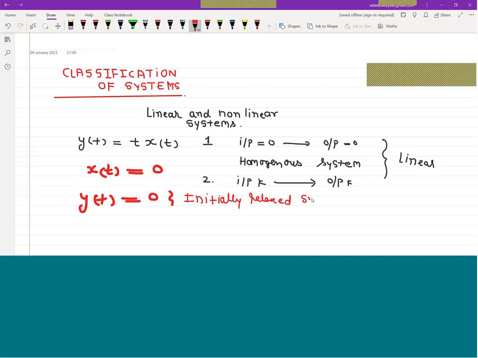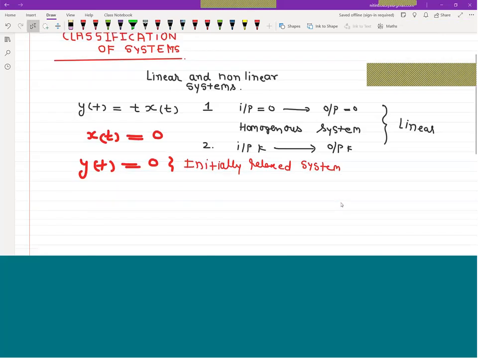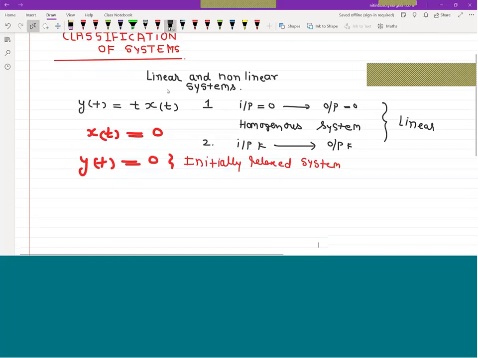Initially relaxed system. Now if input is multiplied by k,